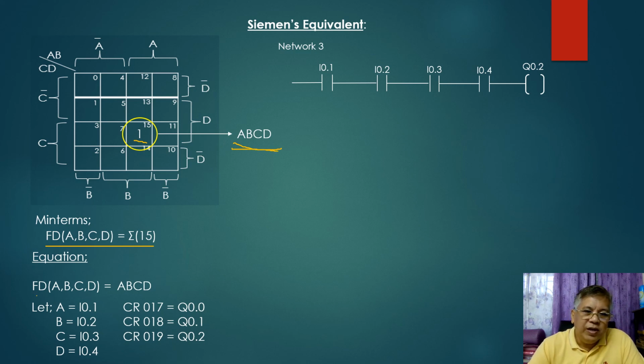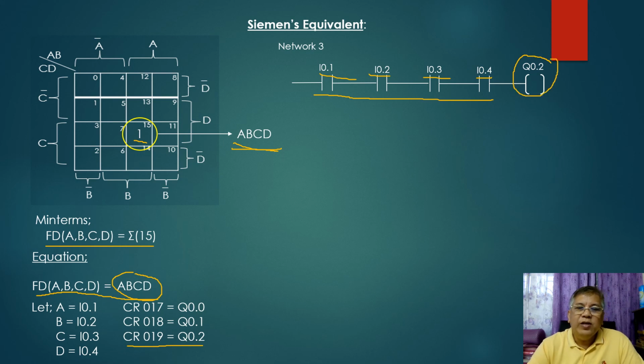That will be your FD, or fire department equation, which is equal to ABCD. And this is represented by an AND gate, which can be represented in relay form as a series connection. So you have A, B, C, and D. And the output, which is the fire department, CR019, is represented by